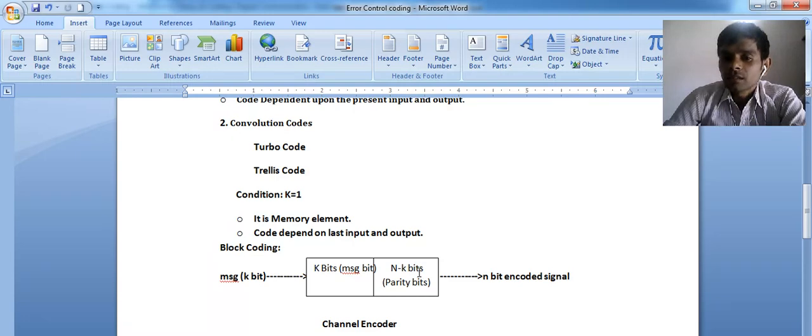N minus k are the parity bits or redundancy bits. When we transmit the data using the channel encoder, we add parity bits, n minus k, and we receive n-bit encoded signals.